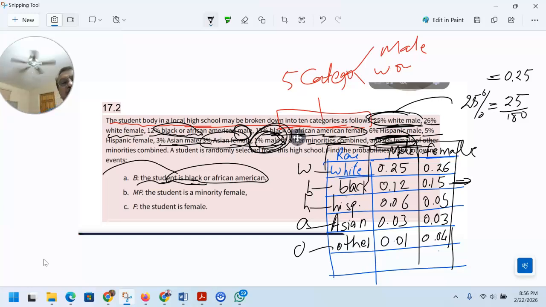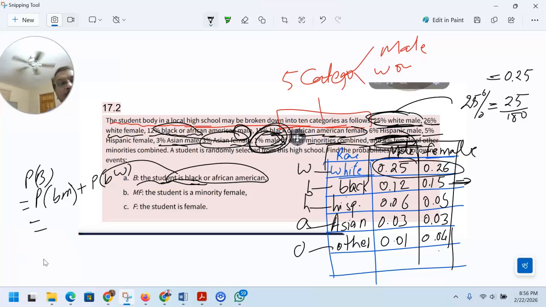You have to add the probability that he is a black male plus the probability that he is a black female. So that means we have to add these two pieces, 0.25 plus 0.26,